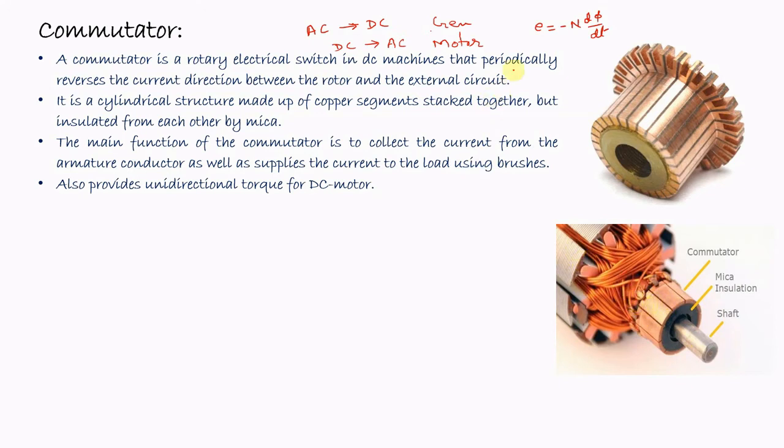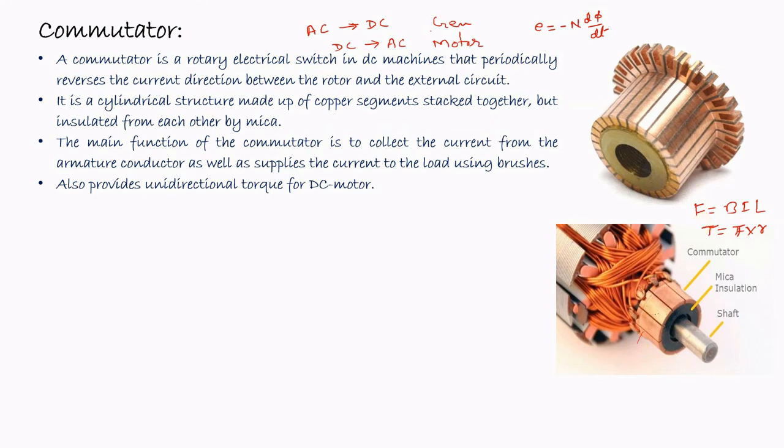Similarly, if we consider the DC motor, the power will be supplied from an external DC supply source. Then this power will be supplied to the brushes, then the commutator, and from the commutator to the armature winding. Now, the force that is produced depends upon BIL, and correspondingly the torque will be produced, that is the product of force into radius. Here it can be seen that if the current in a particular conductor does not change